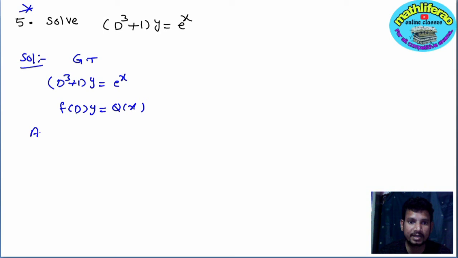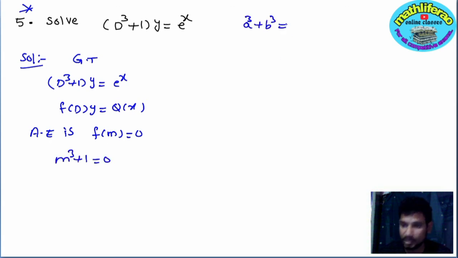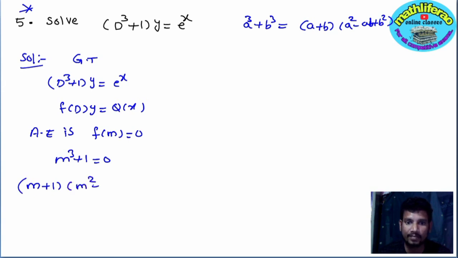Now the auxiliary equation is f of m equal to 0, meaning m cube plus 1 equal to 0. a cube plus b cube equal to (a plus b)(a square minus ab plus b square). So (m plus 1)(m square minus m plus 1) equal to 0. The roots of the equation are m equal to minus 1, and then solving m square minus m